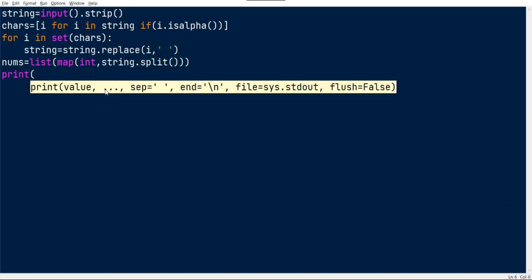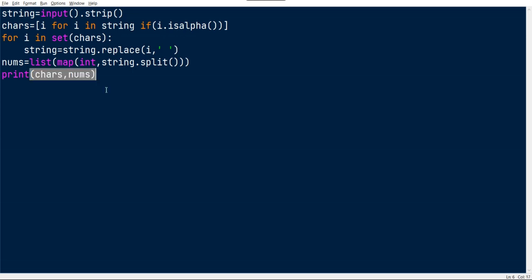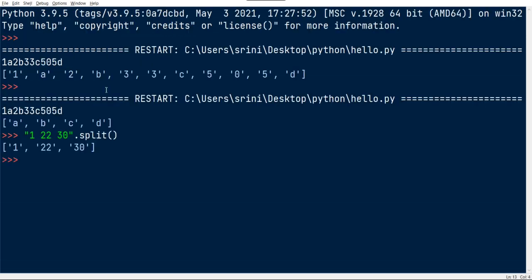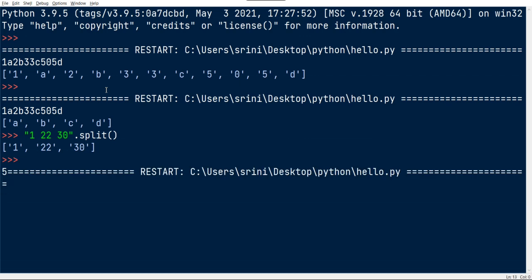So print characters and numbers. We got A, B, C, D, and also 1, 2, 33, 505. These are not changed in order, so we have successfully separated all those characters and numbers.